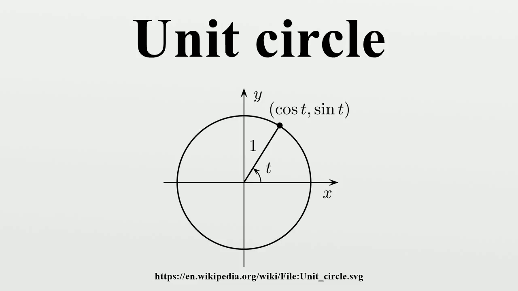If (x, y) is a point on the unit circle's circumference, then x and y are the lengths of the legs of a right triangle whose hypotenuse has length 1. Thus, by the Pythagorean theorem, x and y satisfy the equation x squared plus y squared equals 1. And since the reflection of any point on the unit circle about the x or y axis is also on the unit circle, the above equation holds for all points on the unit circle, not only those in the first